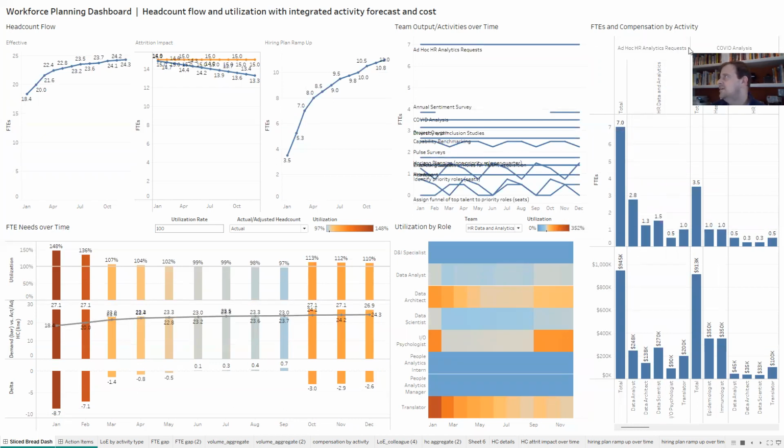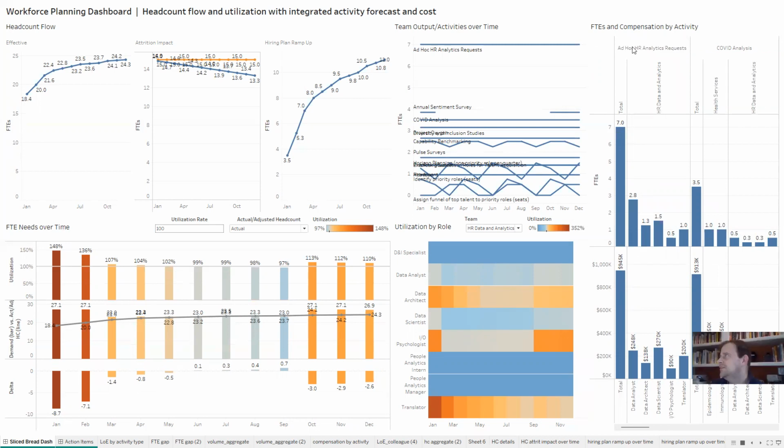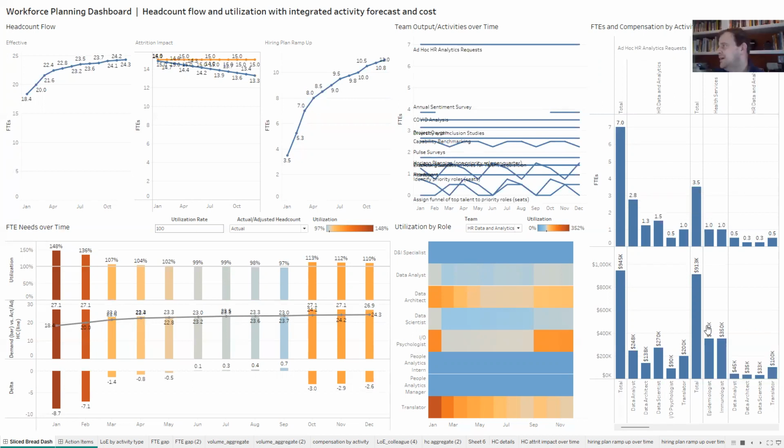So in this case, the ad hoc requests take up about 7 FTEs. You can see how that's split into FTEs by role. And then on the bottom, you can see what the cost is for every role along with the overall project. So it's about $1 million a year to handle ad hoc requests in this example. And it's about the same to handle, for instance, COVID analysis, even though it's half the FTEs, that's largely driven by the higher cost on compensation for epidemiologists and immunologist